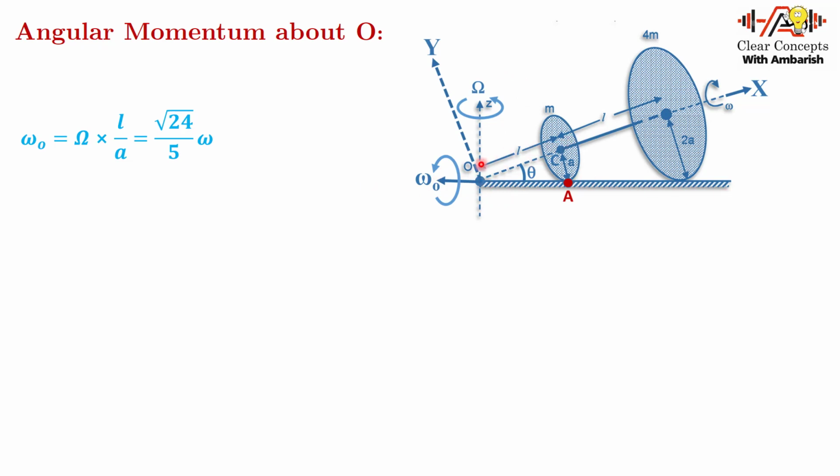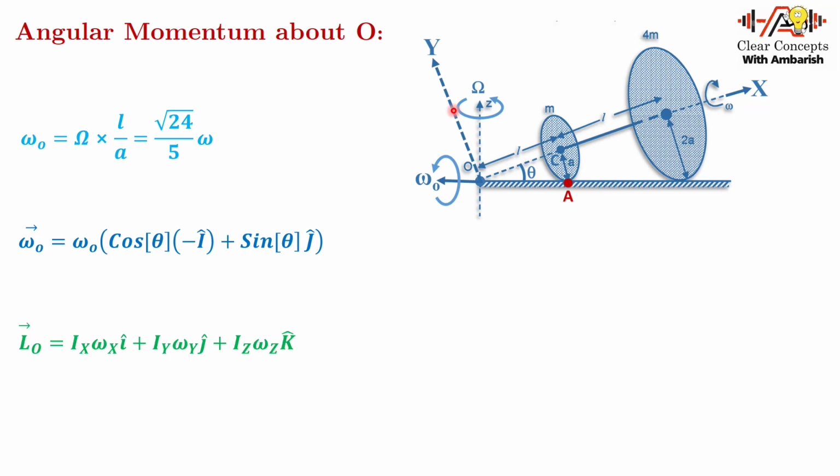Okay, so omega naught vector comes out to be what? Omega naught cos theta minus I cap, where I'm using capital I cap and capital J cap for the capital X, capital Y unit vectors, and omega naught sin theta plus J cap. So that's your omega vector.